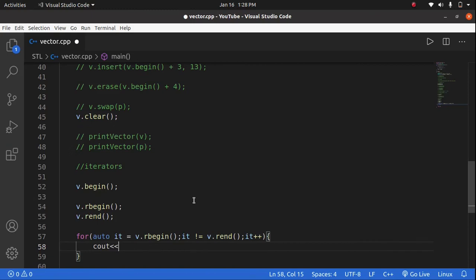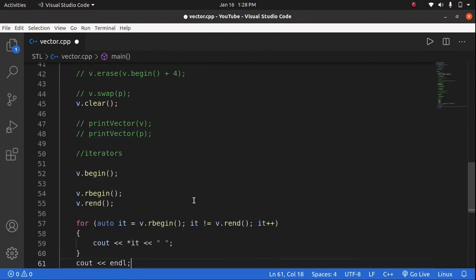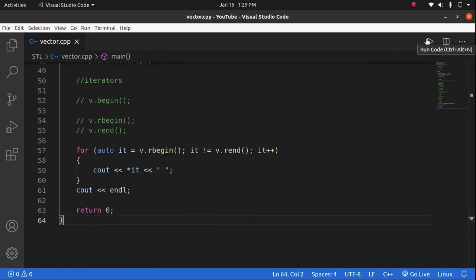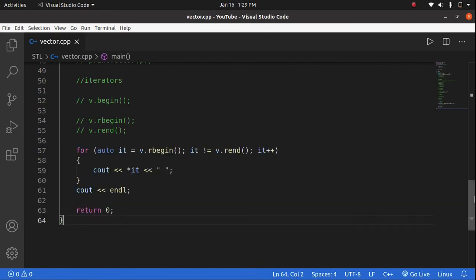Cout v it, by the star value we can print this. Okay, so let's put a line break here. Yeah, so let's run this. So we can see it has printed in the straight order and the reverse order. Okay, so this was all about vectors here.